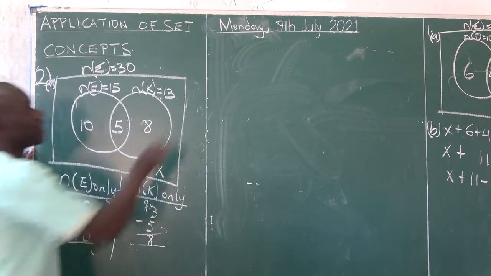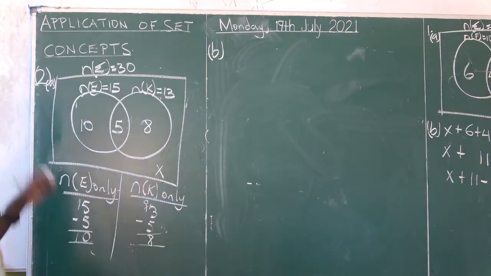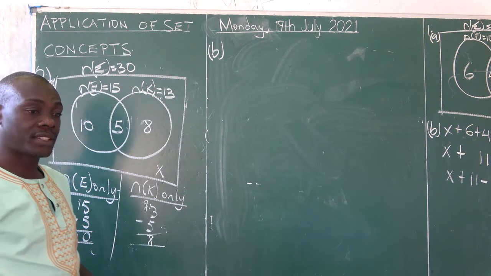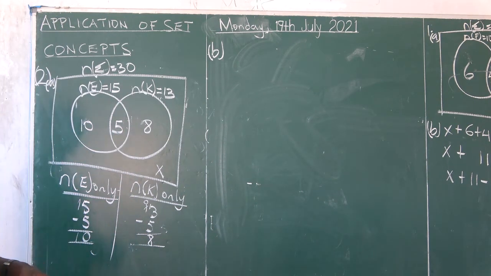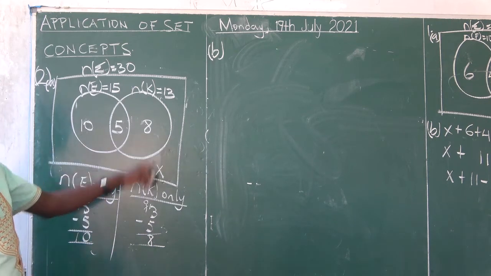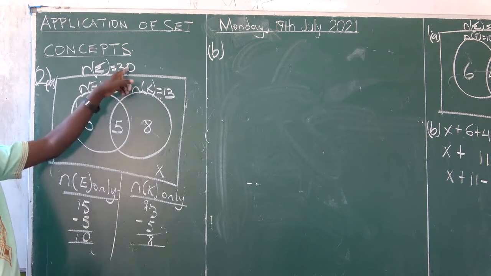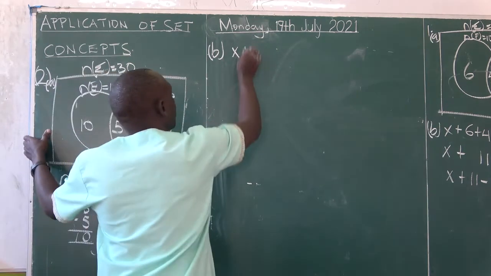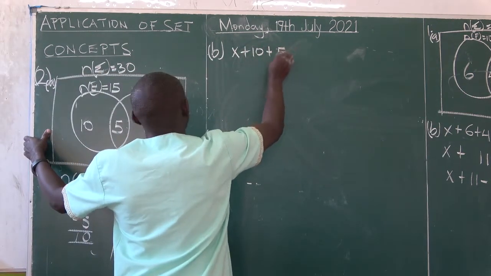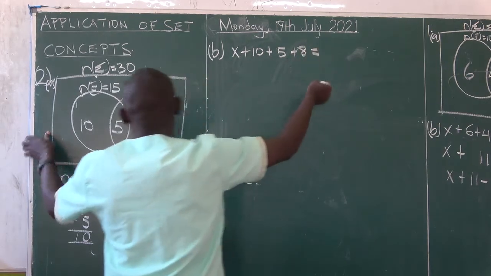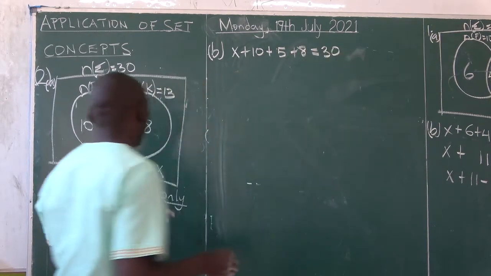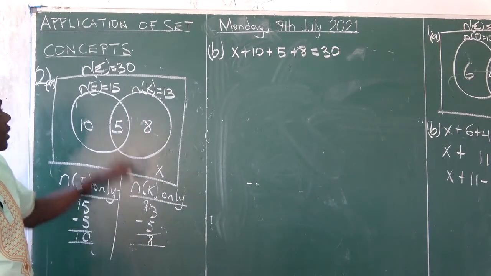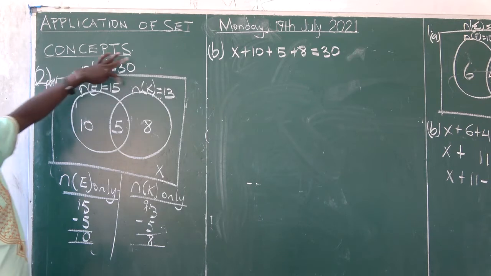Now that we have shown the information in the Venn diagram, let's find the value of x. x plus 10 plus 5 plus 8 equals 30. Yes. So whatever is inside, together with these members, add it, you get the universal. So we do the same algebra. So x plus 10 plus 5 plus 8 is equal to 30. Ensure every sector is served. These three inside as well as this one added to 30. Never use the upper ones because they are already sums.